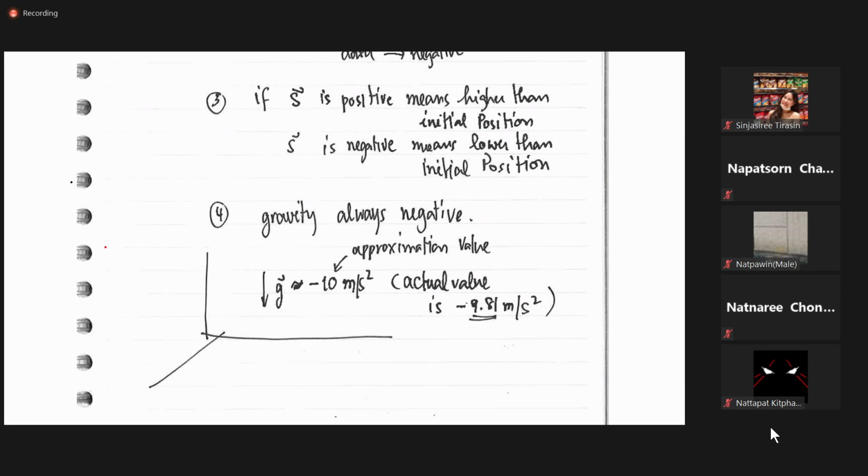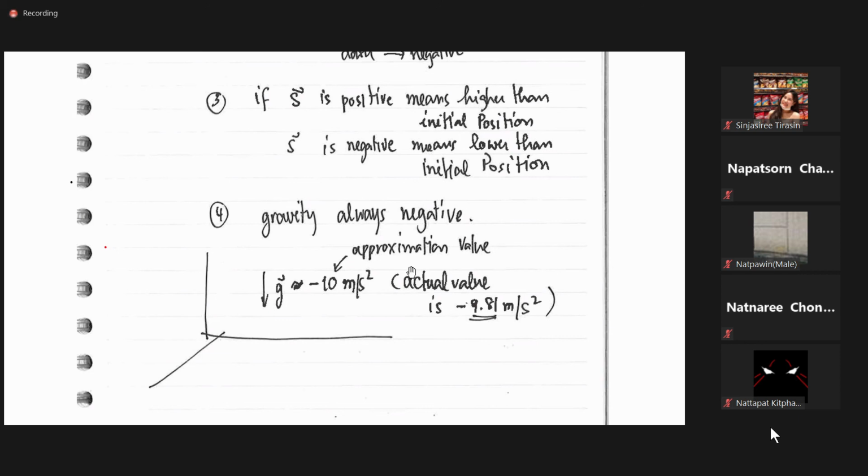You can use the average value, which is about 9.81. But in some books or in some exams, because 9.81 is close to 10, sometimes they use the approximation that gravity is minus 10 meters per second squared